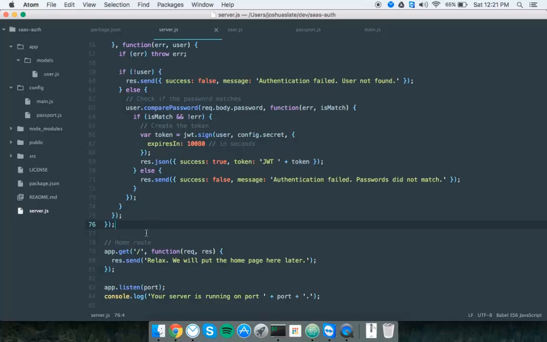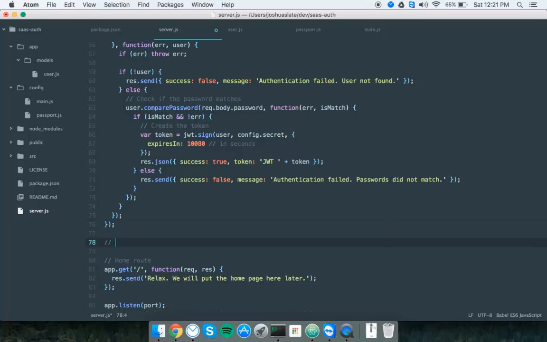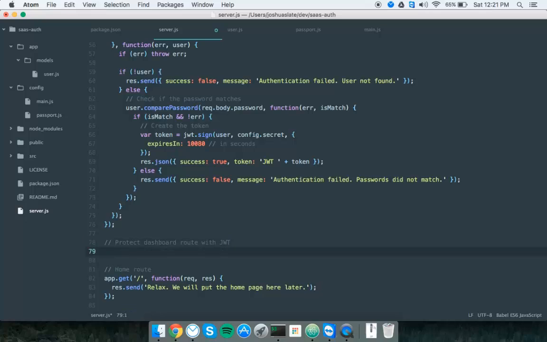Okay, so now the last things we need to do here before we can start testing, and are pretty much done here with this tutorial, is we need to protect at least one route, see that it's working. So we're going to go ahead and do protect dashboard route with JWT. This is kind of a random route. We're just using it for test purposes. We'll get rid of it in the next tutorial. So check dashboard,